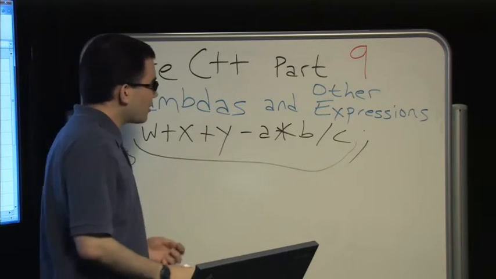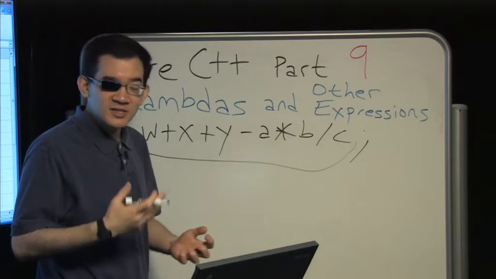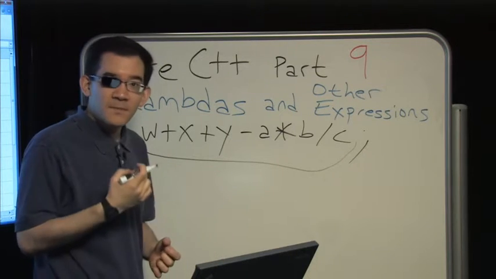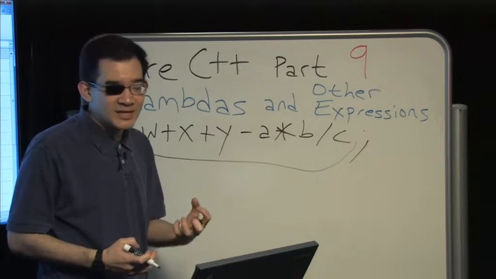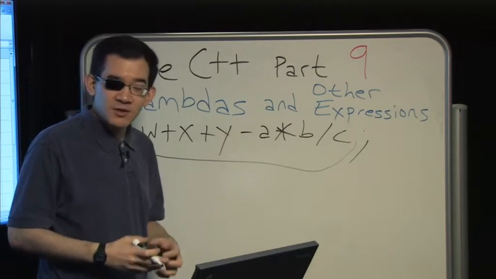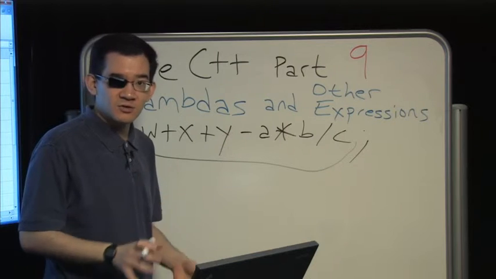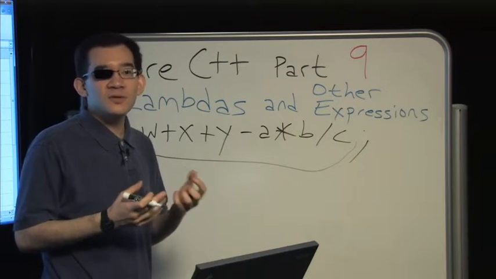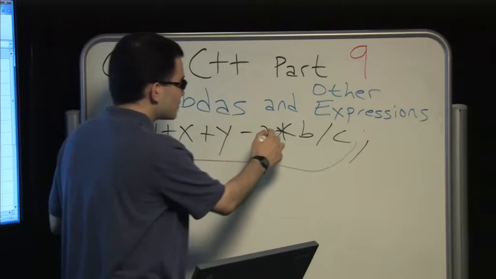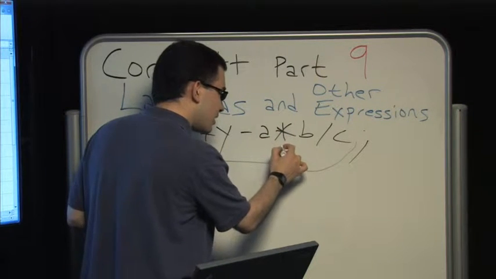Every operator has a precedence and associativity, but the precedence is what matters most. Things with higher precedence bind more tightly, and they are grouped together before associativity is even considered. Associativity only comes into play when deciding what to do with operators of equal precedence. So the multiplication operators, and that includes